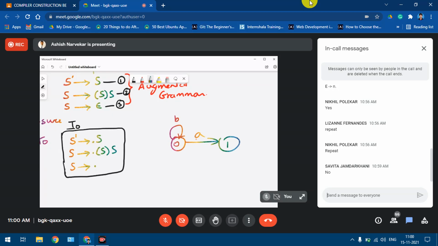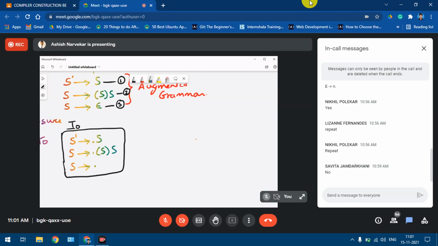Each of these is nothing but an input, and based on the input, where it should go is decided. The goto over here does a similar job: it decides the transition to the next state on a certain input, and that input is decided by where the dot is.